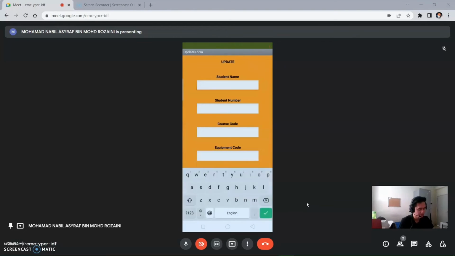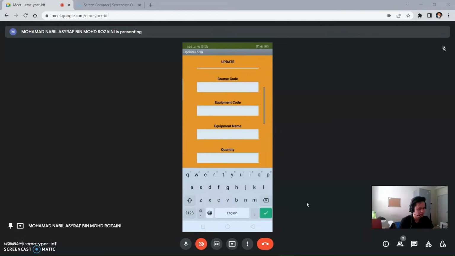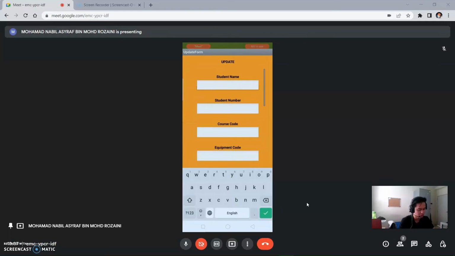So, if I want to change the quantity, I just need to fill in the same information as before, and just change the quantity here. So let's fill out again. Student name is AZIM. Student number is the same. The postcode, the equipment code is the same. Equipment name,